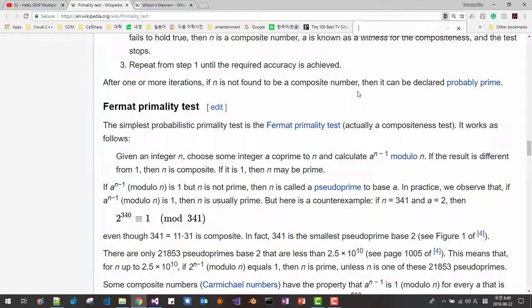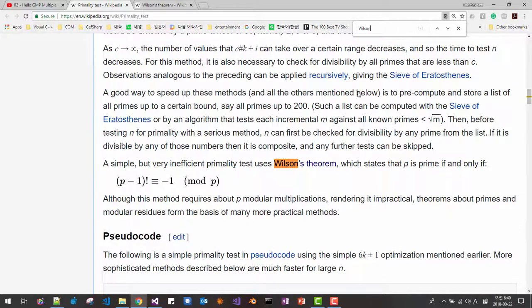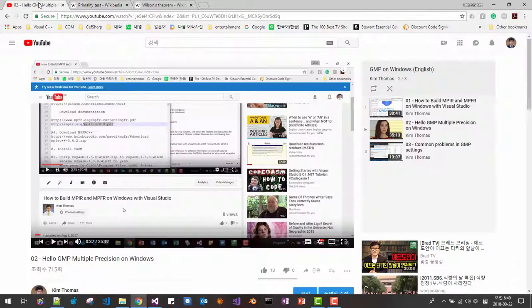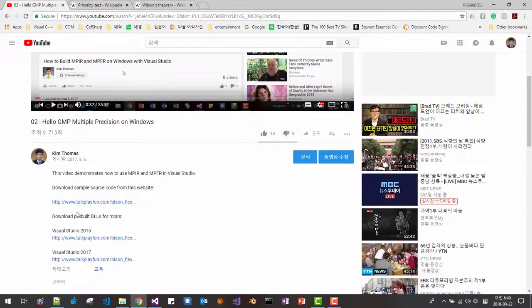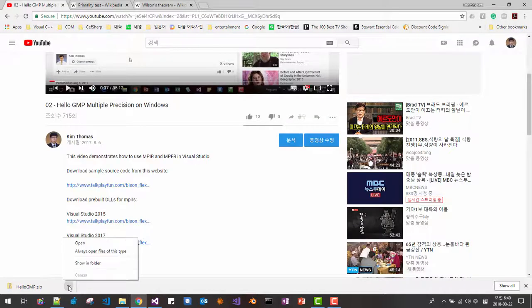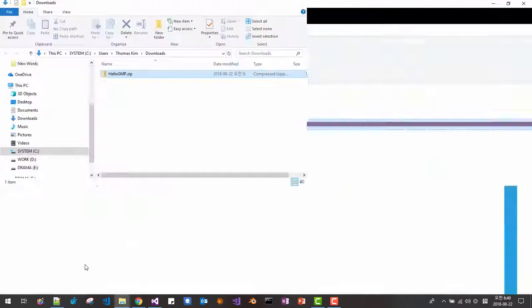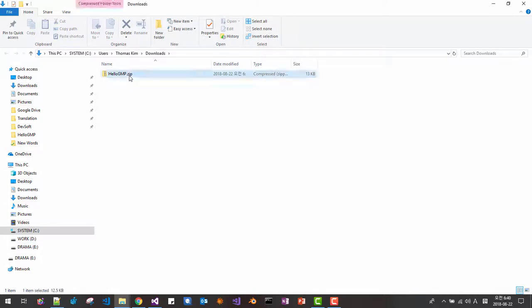You can find Wilson's theorem here. So we are going to use this test because this session continues from our previous video. Please download the sample source code by clicking this link. When download is complete, open the download folder and unzip it